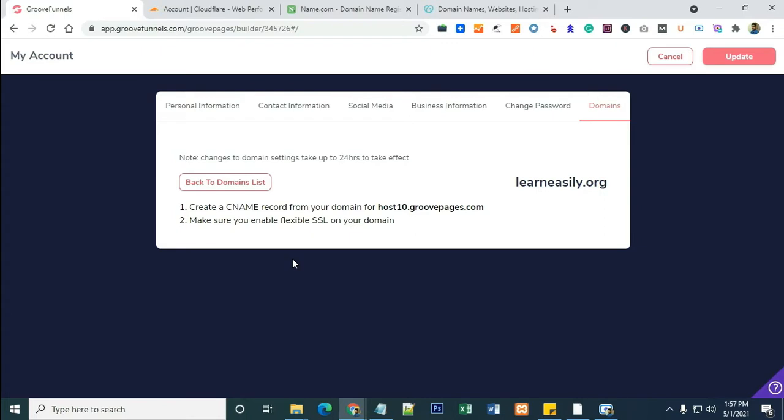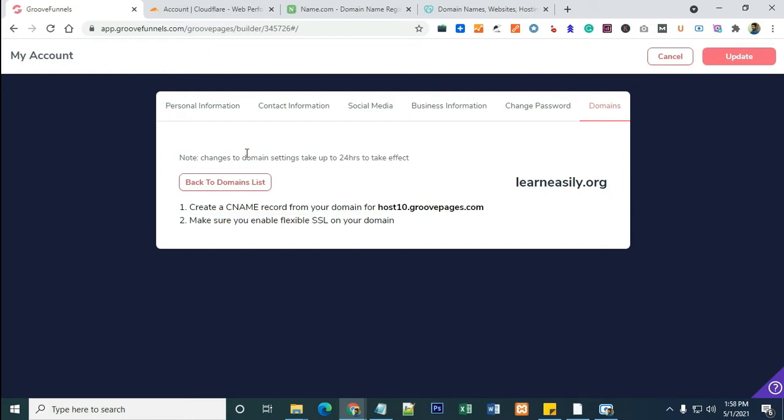To add your custom domain, they have some instructions. Instruction 1, create a CNAME record from your domain for host10.grouppages.com, and another is make sure you enable flexible SSL on your domain.